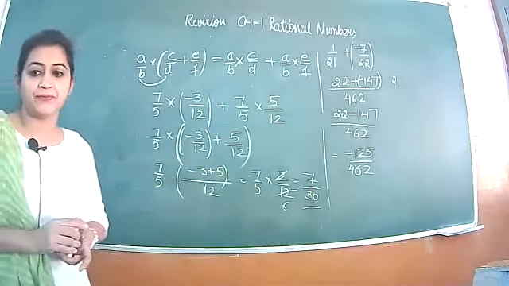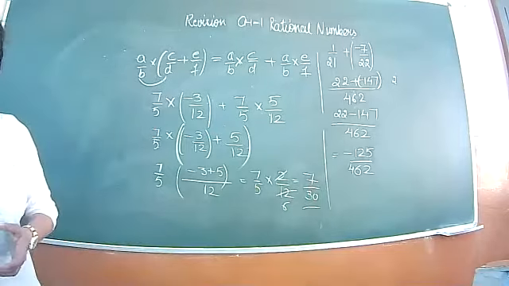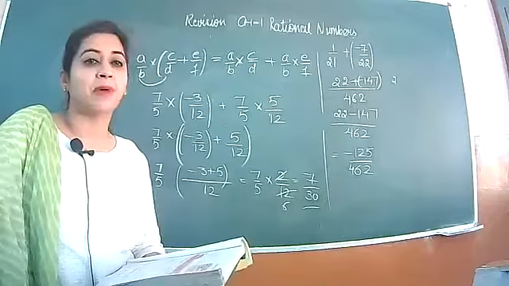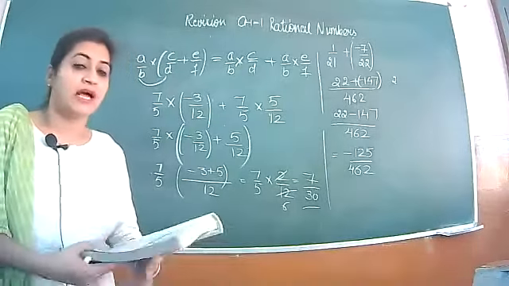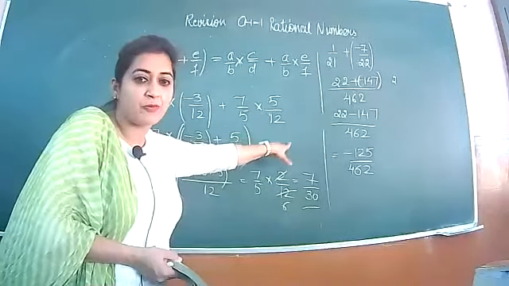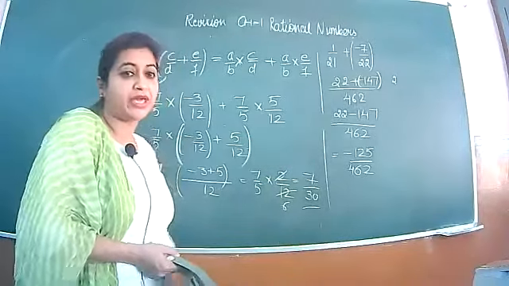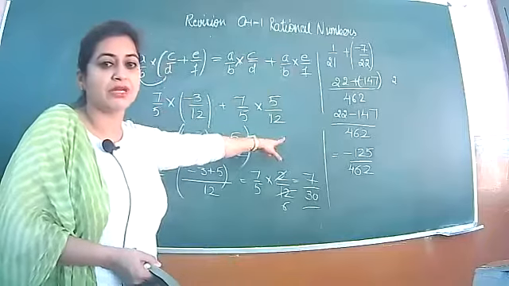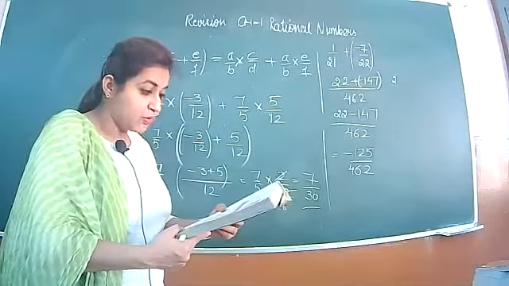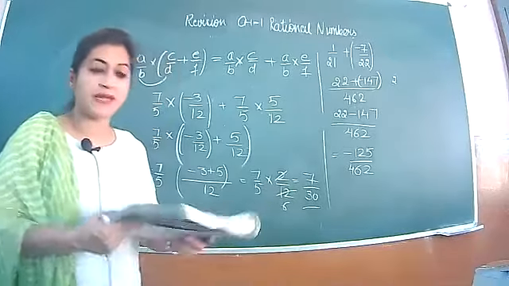Is it okay? So you can do the try these on page number 13, second part. First, I have discussed whenever you are using distributive property, write distributive property here in the bracket. Okay, no need to write the complete formula. You can just write distributive property. So do the second part of the try these, page number 13.